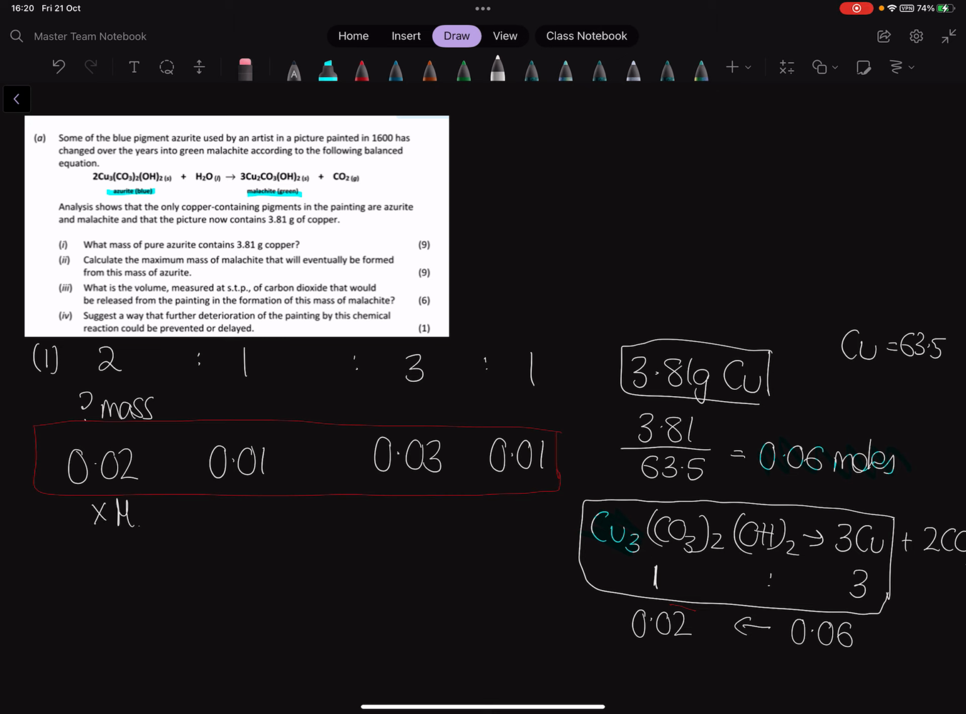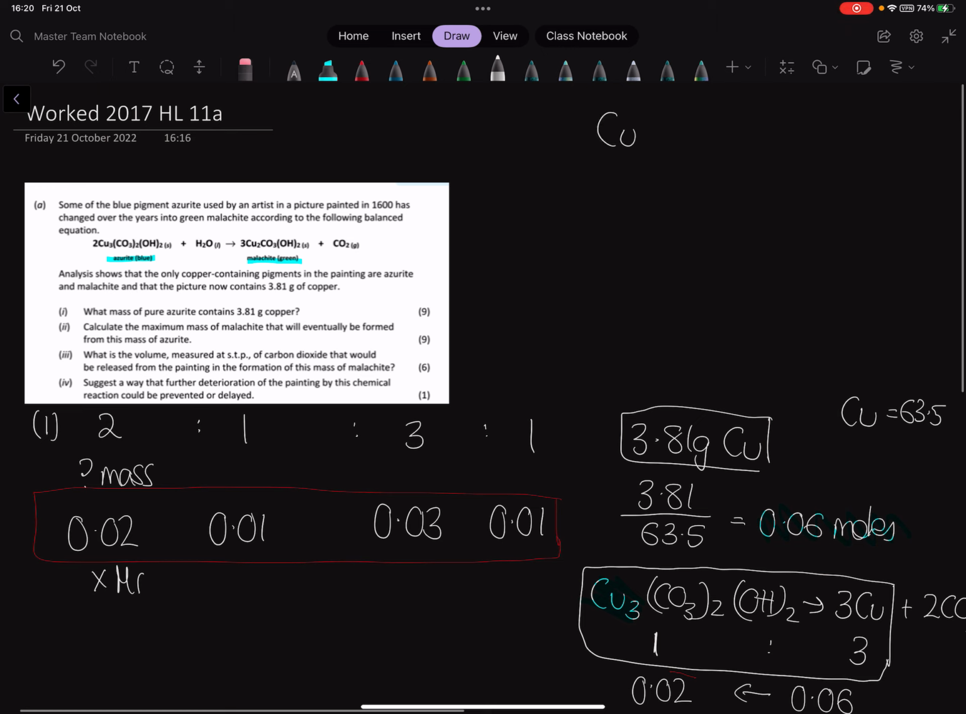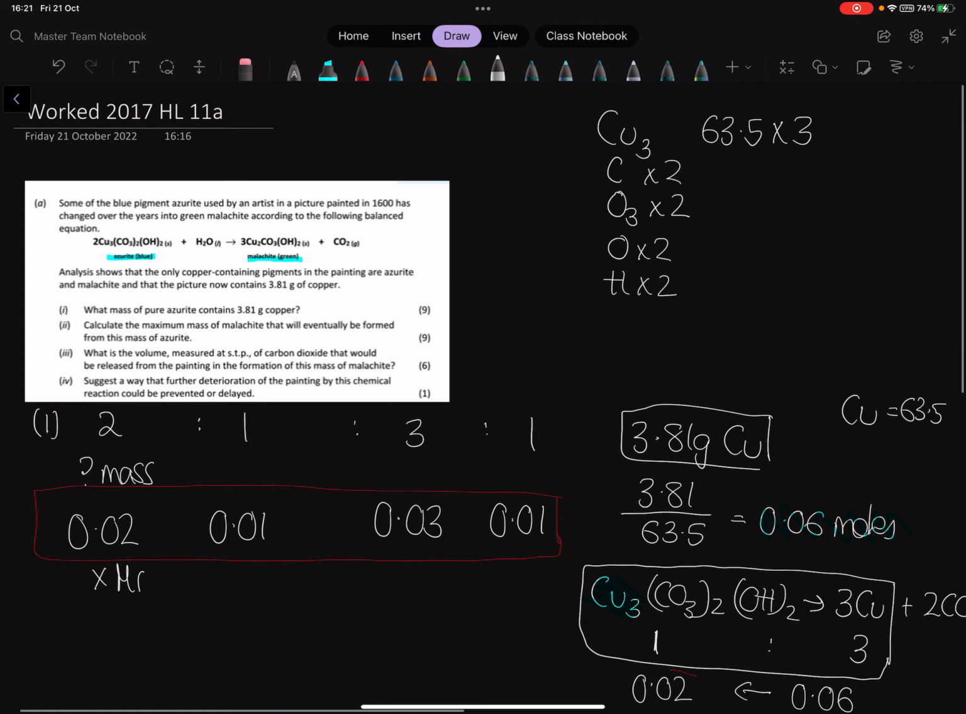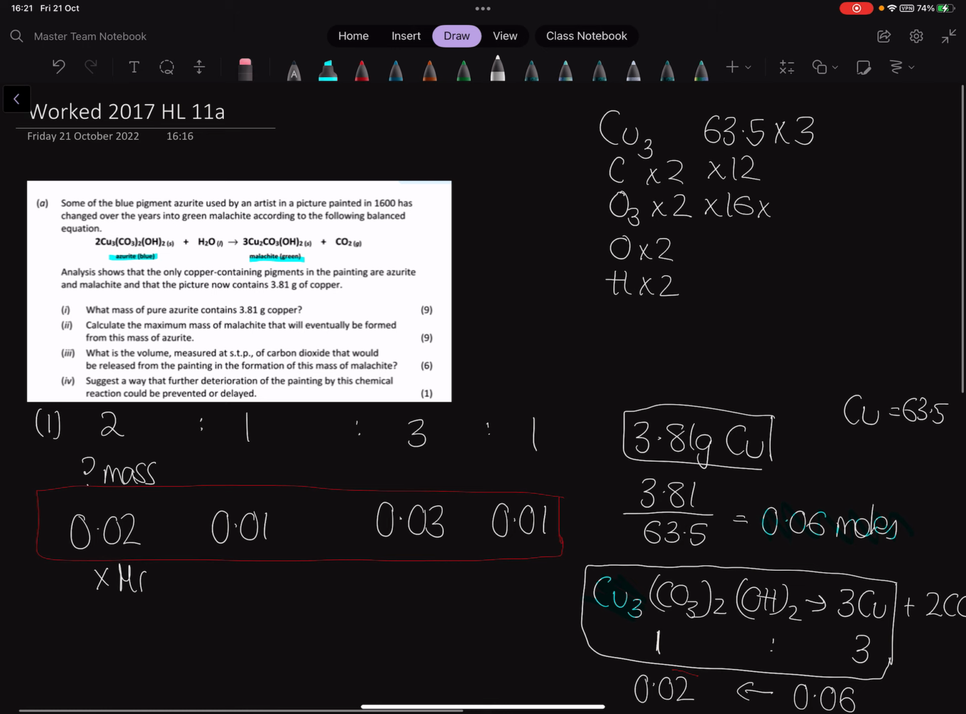So we need to multiply this now by our molar mass. So up here, we're going to write it all out. So we have Cu3, we have a C and an O3, and this is going to have to be by 2 because both of those things are in brackets. And we now have an O by 2 from our OH and an H by 2. So we've said copper is 63.5, multiplied by 3. Our carbon is going to be 2 by 12. Our oxygen is going to be 2 by 16 by 3 because there's 3 of them. This is going to be by 16, and our hydrogen is going to be by 1. And when we've done all of that maths, we should end up with